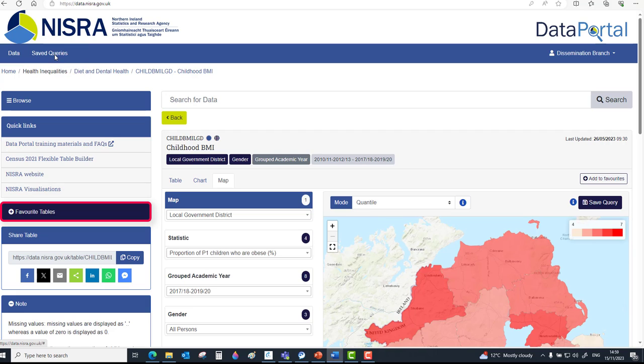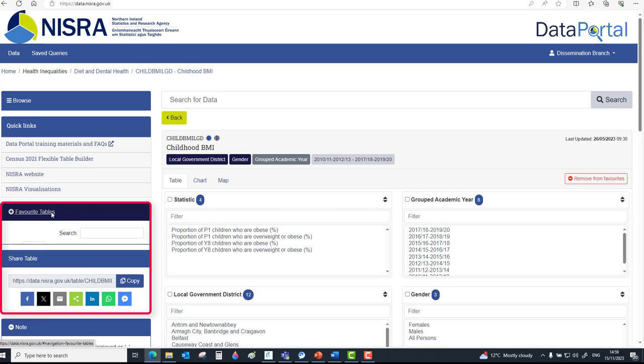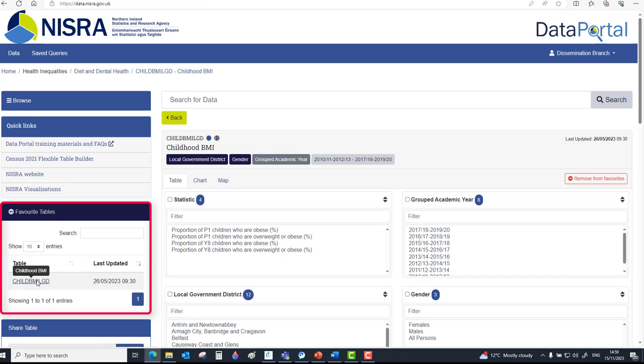The Favorite Tables option allows you to save tables to a favorites list, making them much easier to find at a later stage. So if I go back to the table option here and go into the table I was working in earlier, I can use the Add to Favorites option over to the right. As you can see, once activated, the same button can also be used to remove the table from your favorites. If I go to the favorite tables on the left, my table is here, where it can be easily accessed the next time I need it.